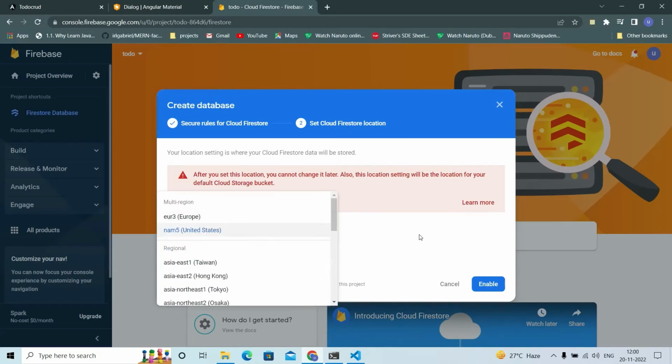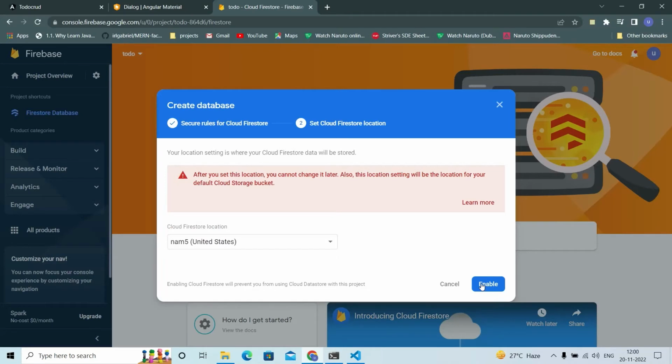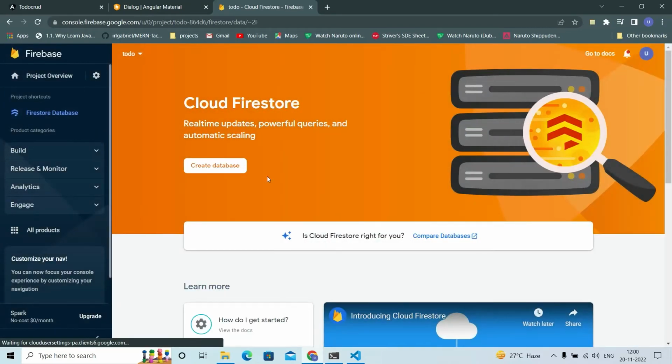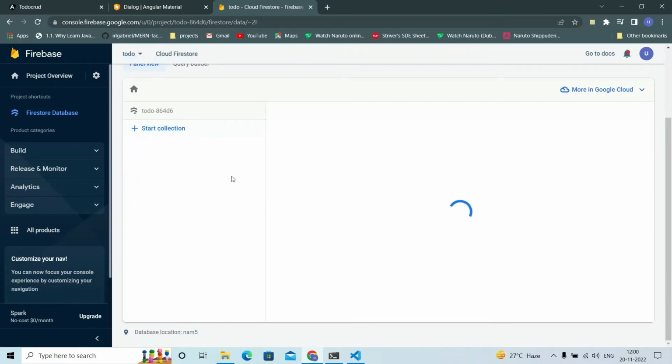Click on the location, choose as you wish. This will actually create the Firestore database for us. Let's wait for this to create. So this got successfully created,